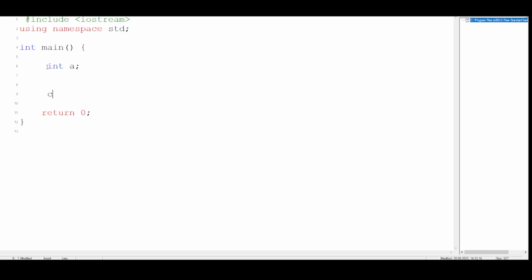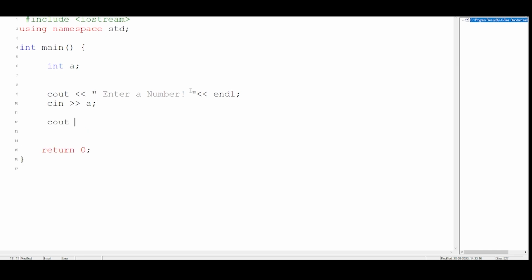So how will I do it? First I will write, professionally, enter a number. If you want, you can give an endl as well. It will look much better. After that, how do we take the input? We write cin, then we give the bracket like this, and you have to write the name of the variable. So what it means is I have taken the input on this variable.